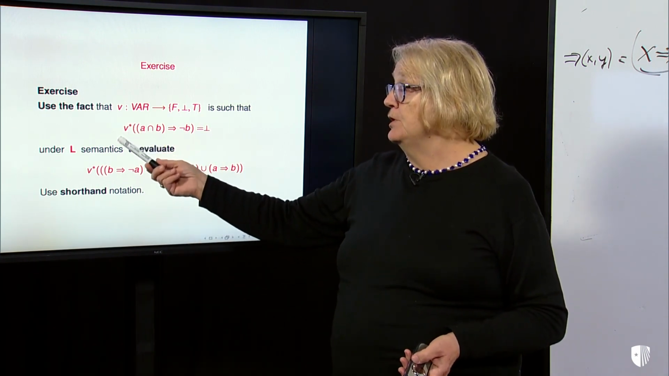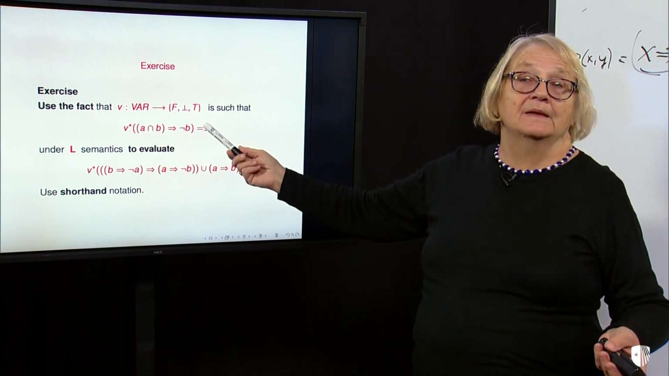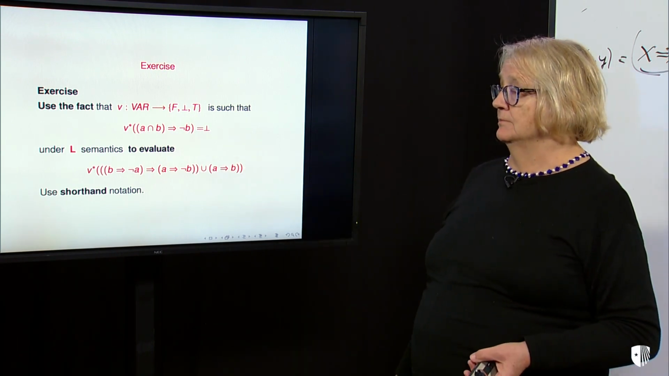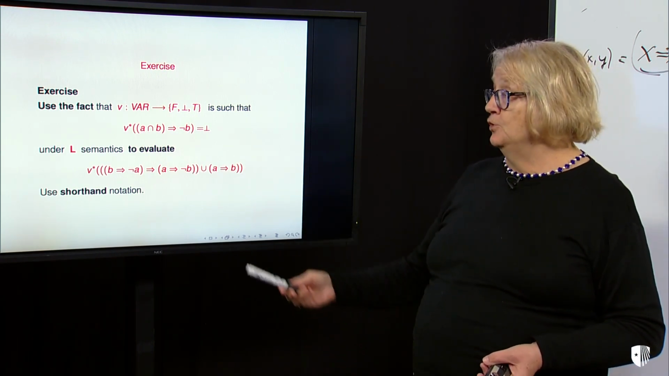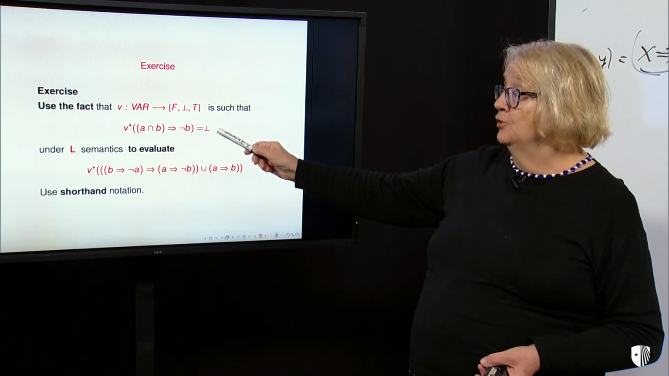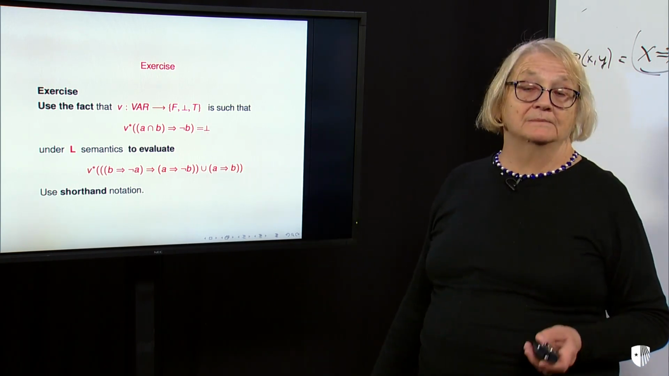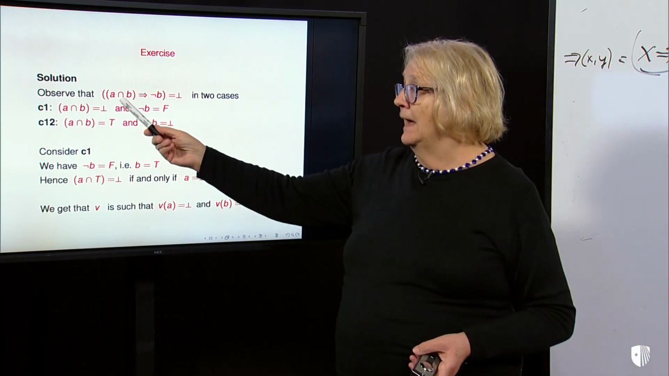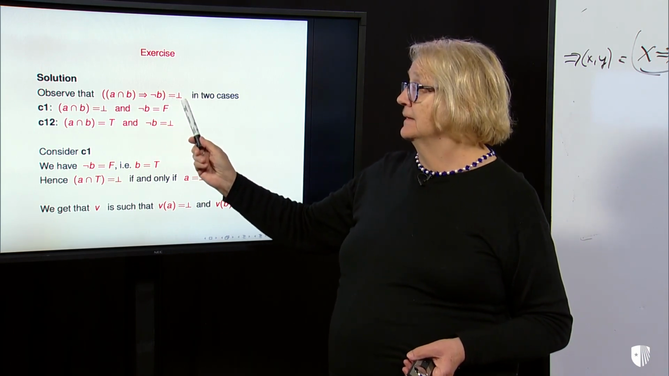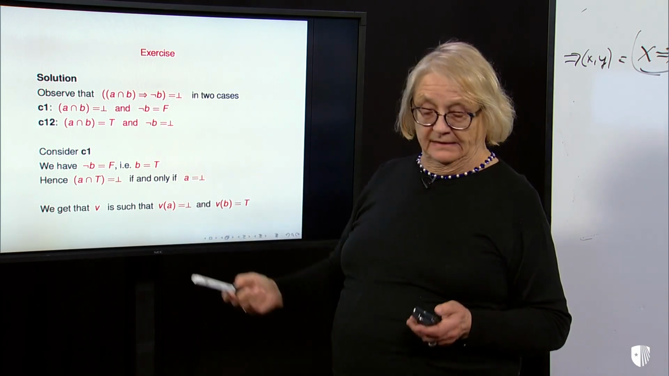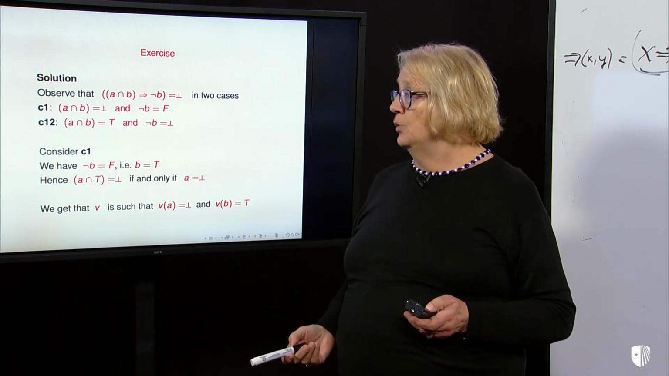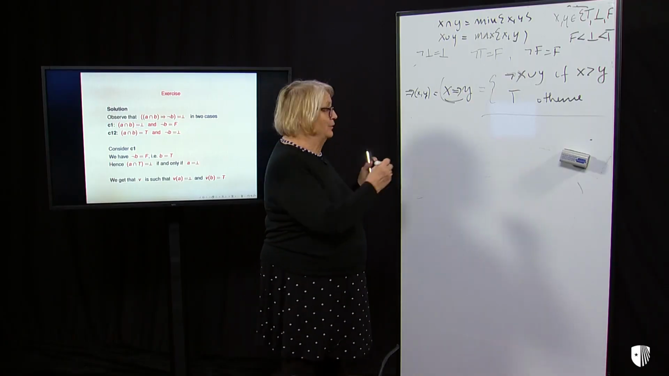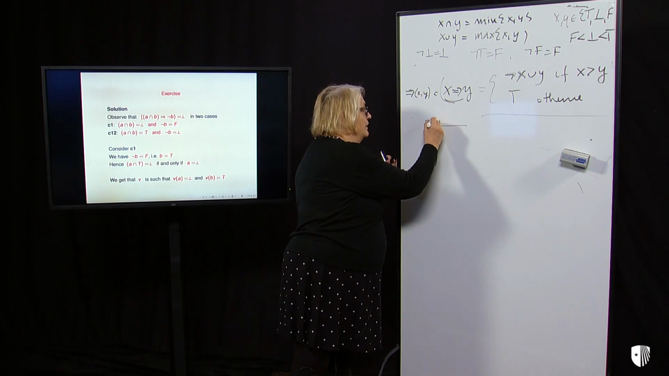For example, we know that we have some valuation V which evaluates that formula into unknown. Use this information to evaluate the value of another formula. And you can use shortcut notation. So what does it mean? I know that the main connective was implication. And when you look at the definition of implication, I'm not going to rewrite it, but you can write